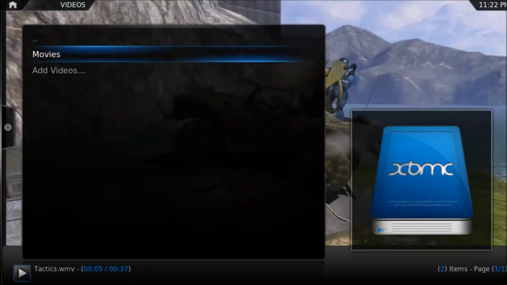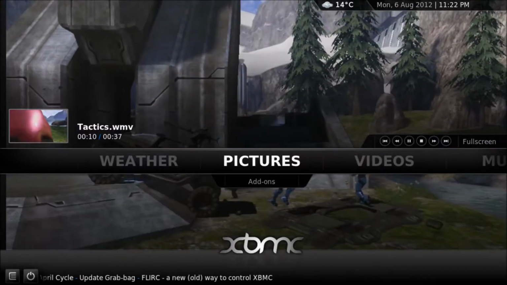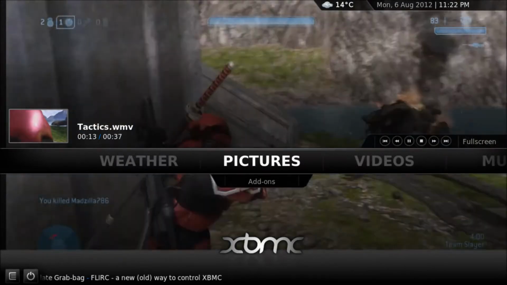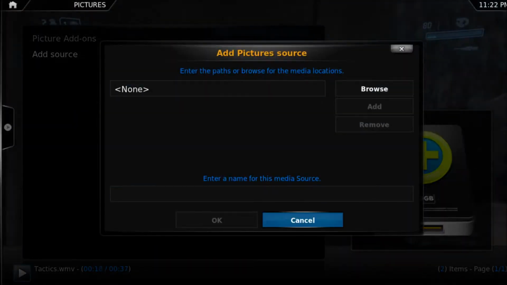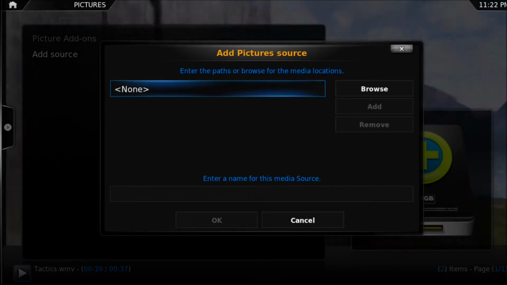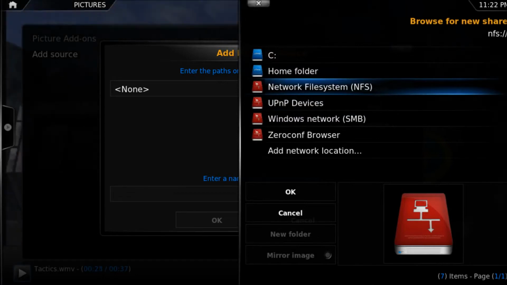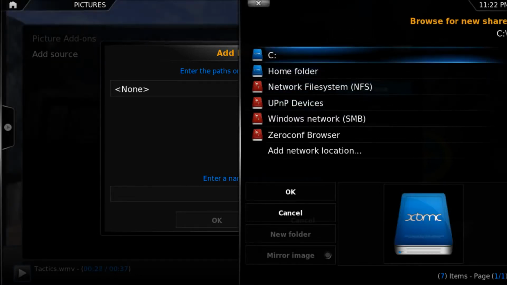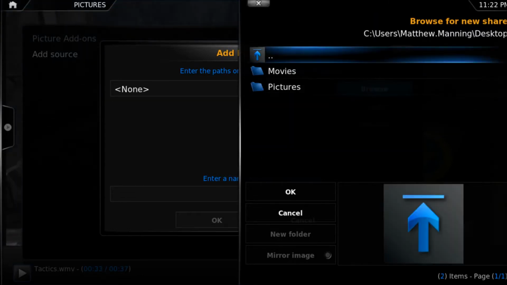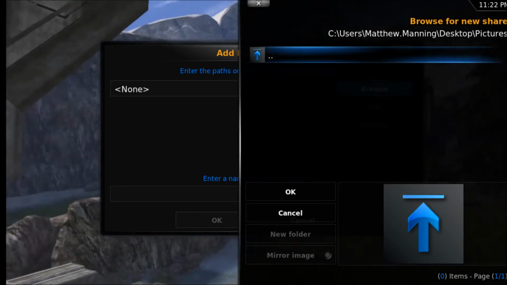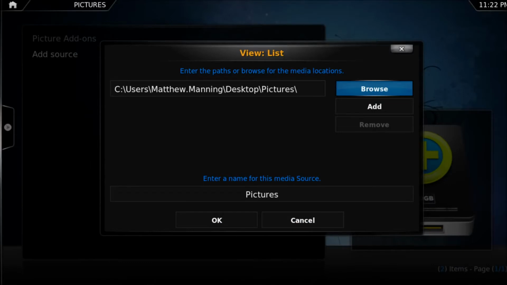Okay, so what I can then do is, if you want to add a pictures library, we go into pictures, and then we're going to say add source, and in here what you could do is, if you wanted to, click browse, and you can add an NFS share on your network or a UPnP device. For this example I'm just going to add something from my C directory, my desktop. I'm going to add the directory pictures. Okay, so I'm now going to add that, and OK,